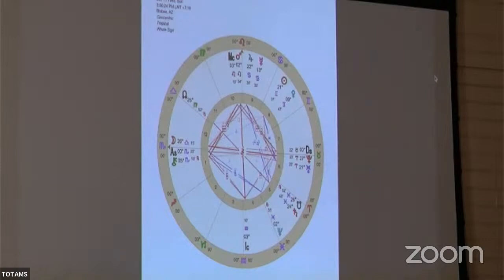Using the initiatory framework we use in the school, the square and the opposition, and then the return or the conjunction are the major portions of the initiatory process. So the US has, from its birth, only had two squares and an opposition until now. And so it's very interesting that the Pluto square in Aries,